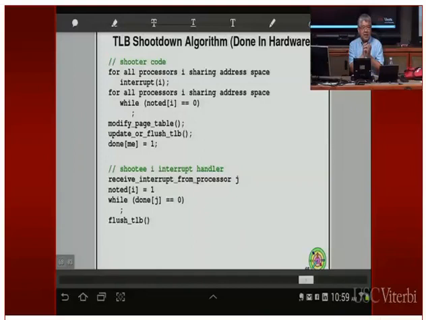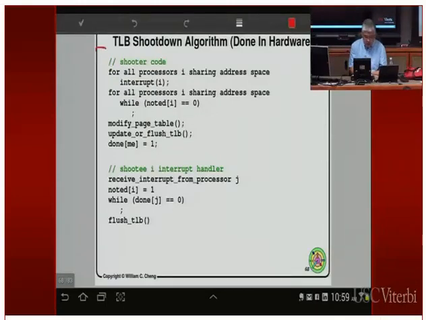So basically you want to lock some kind of a data structure, wait for all the other processors to, well, actually it sounds like barrier synchronization, right? You want all the other processors to get to a place where it's safe for you to modify the page table entry. Okay, so here is the code that's implementing hardware that's doing this. We're going to see some pseudocode. This is the one that's shooting down all the other processors, and this is the code that has to be executed by all the other processors that are getting shut down.